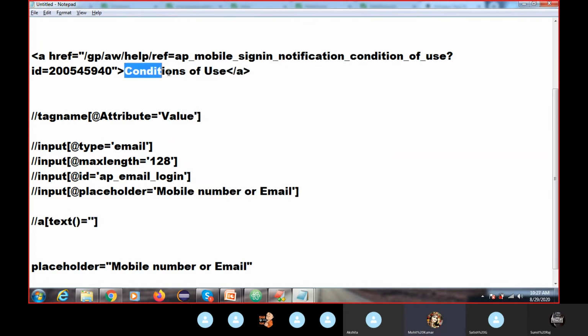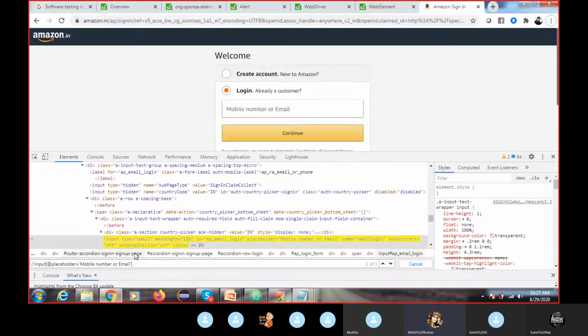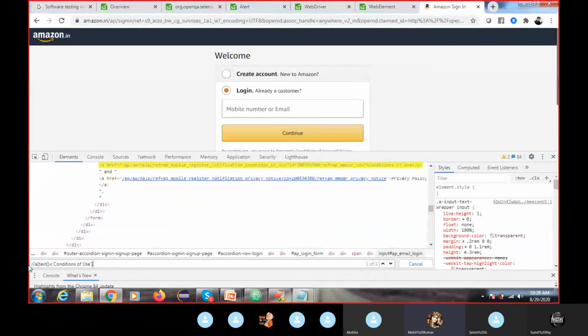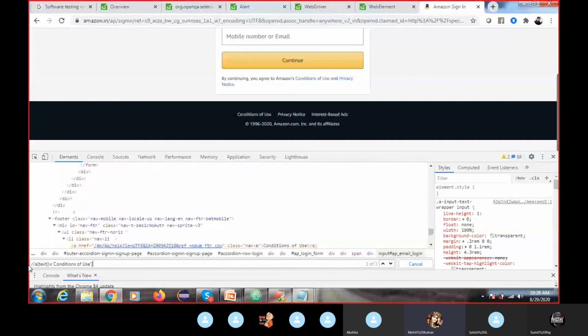Whatever the text is, you can give it here. If you have an anchor tag, we cannot use the earlier format. We will use a function. We have different functions, and as per the HTML doc, we will write the XPath. Now you can see it is highlighting, but it also has multiple matches, right?